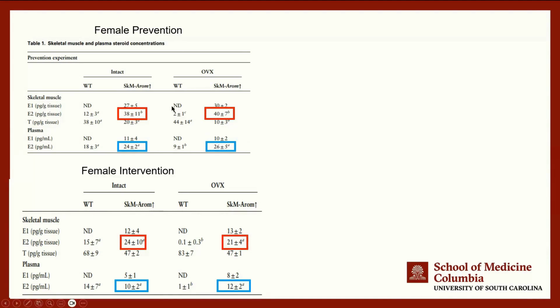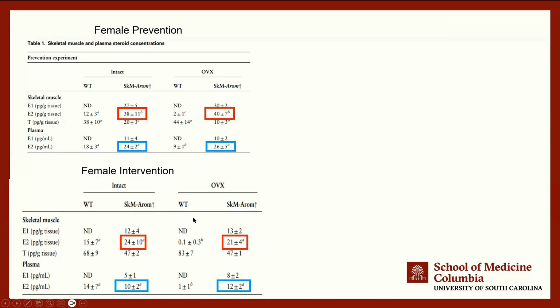So in the prevention model, we can clearly see that E2 was increased in both the intact and ovariectomized mice, okay? Also, when you just look at wild type mice, you can see the difference between intact mice and ovariectomized mice. So there's a big decrease in E2 in skeletal muscle upon ovariectomy. Surprisingly, we found that this E2 leaked into plasma, leaked into circulation, as you can see here. Now, for the intervention study, we did increase E2, okay, in skeletal muscle, and it did leak into circulation, but it was less than what we found in the